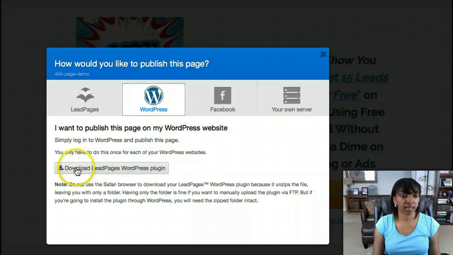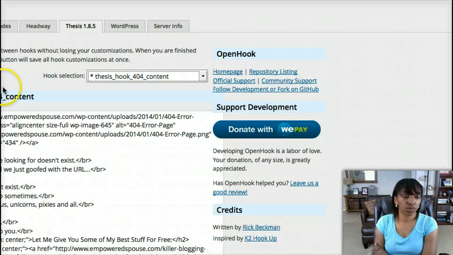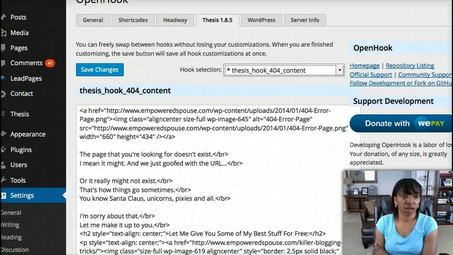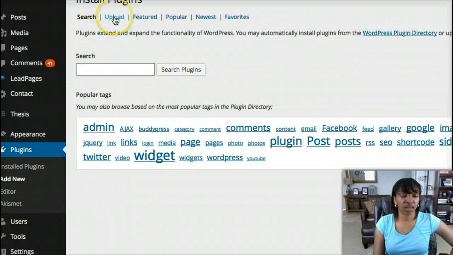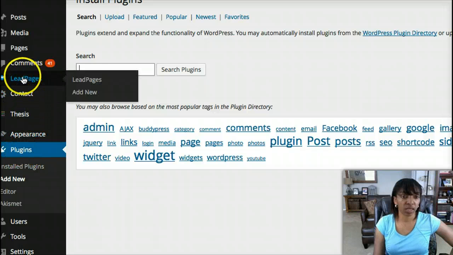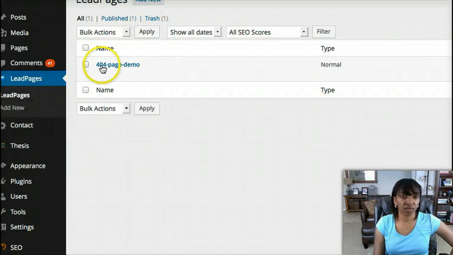So WordPress, you're going to need the plugin, the Leadpages plugin. So you download this to your desktop, and then you would go over to the admin area, plugins, add new, and then upload and find the file on your desktop and activate the plugin. So that will give you the Leadpages plugin like I have here, and then you'll be able to see I have some pages here,